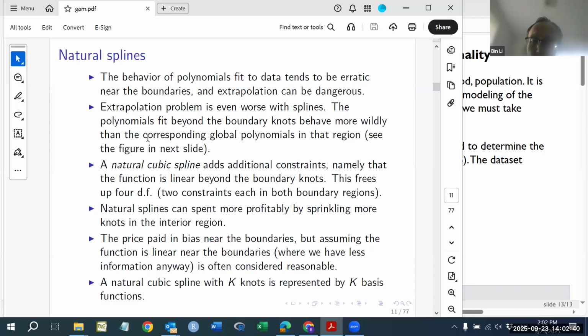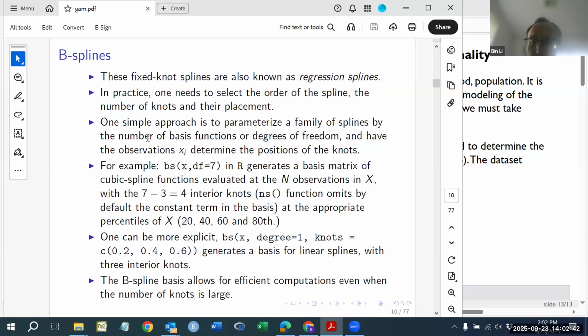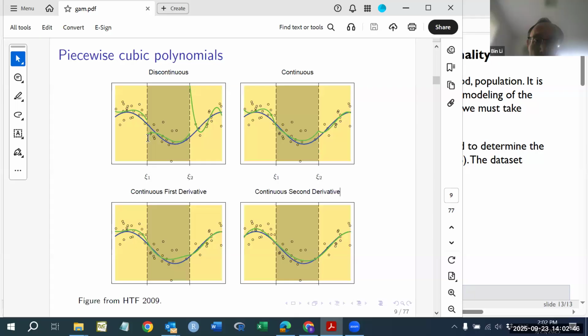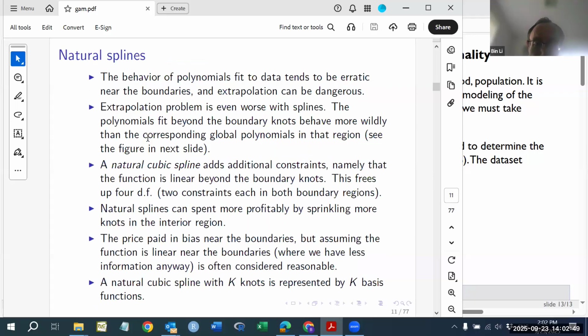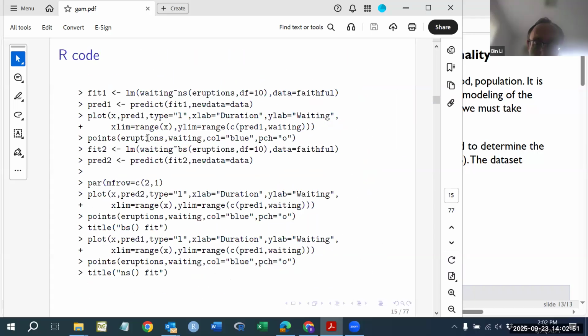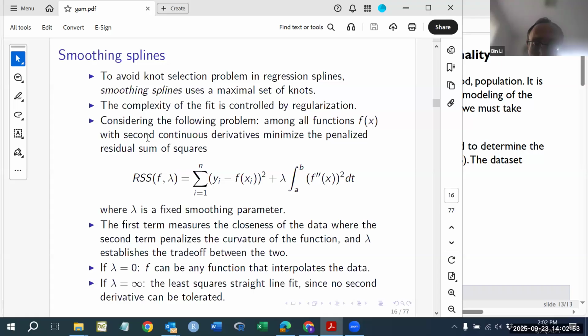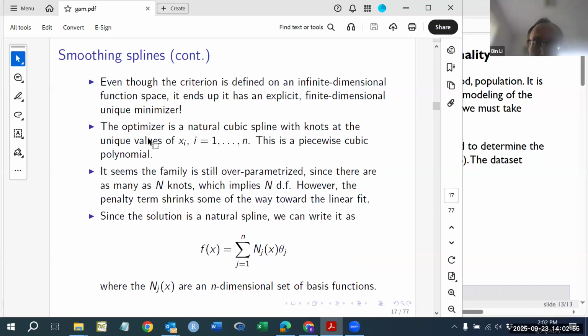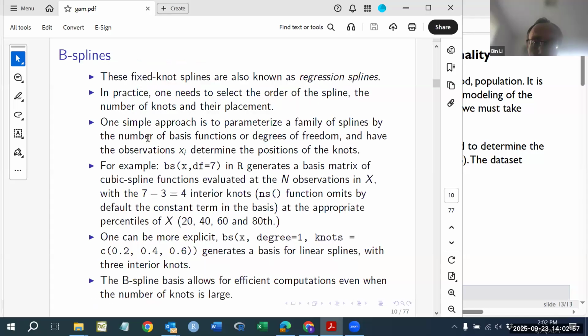Let's see. Did I show it somewhere? Let's see. Did I show it? Interesting. Okay. Anyway, so here,